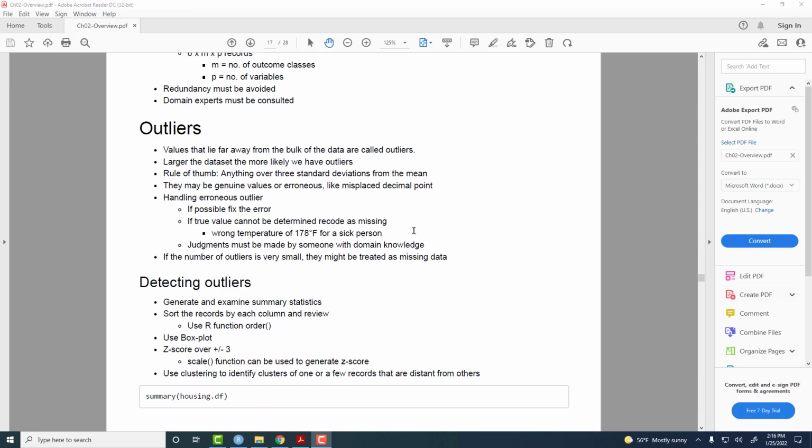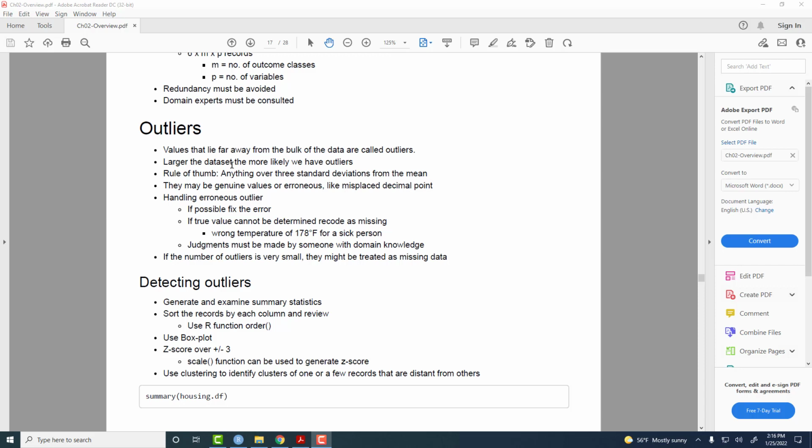Okay, the next concept that we need to deal with is called outliers. So outliers are observations that are extreme, really large or really small. Well, there is nothing wrong with extreme values as long as it is a genuine extreme value. The larger the data set, the more outliers you'll have, and the rule of thumb is about 3 standard deviations from the mean. So plus or minus, you know from your statistics class that